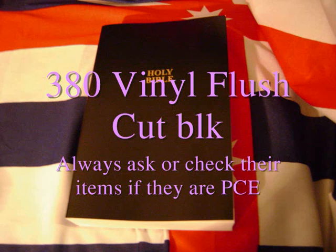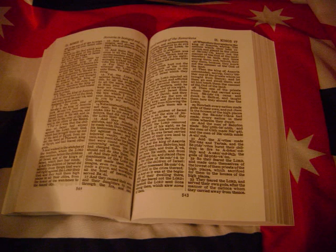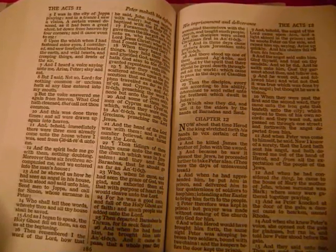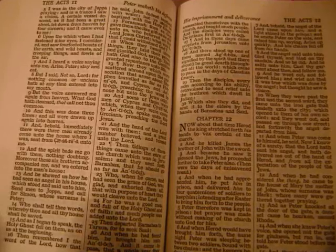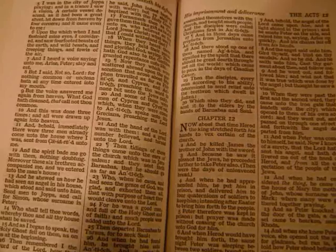The other cheaper one is called the 380. That's a vinyl flush cut bulk, and it's just been glue bound. However, I think you could take that to a bookbinder and they could cut off the glue or peel it off and then bind it with stitch binding, in a different binding for you. It might cost a little bit of money, but you'll already have the paper there. It's reasonably good paper, and definitely that Cameo typeface, and of course it's Pure Cambridge Edition, so it will